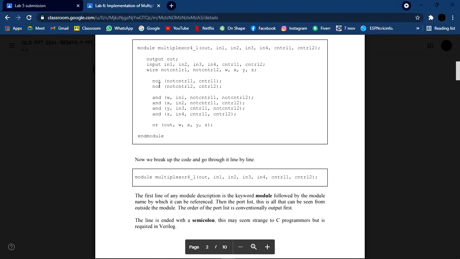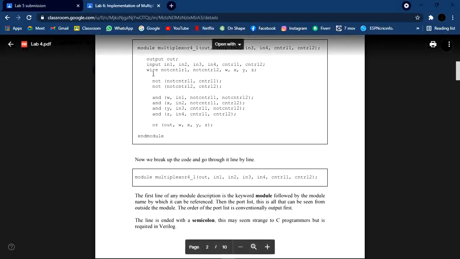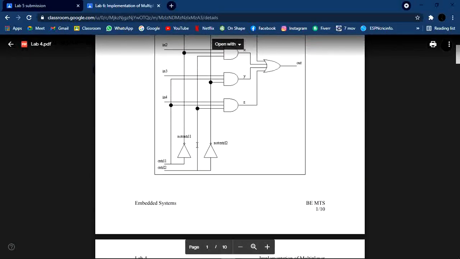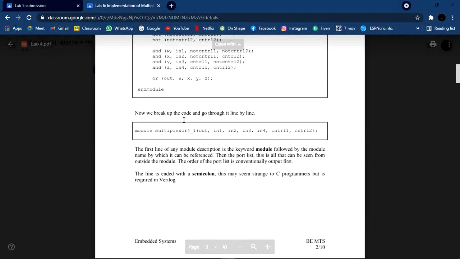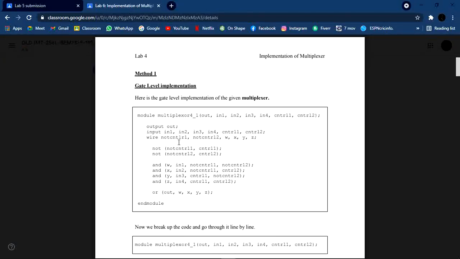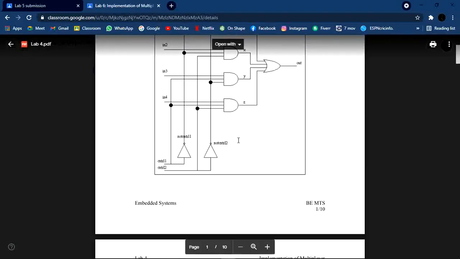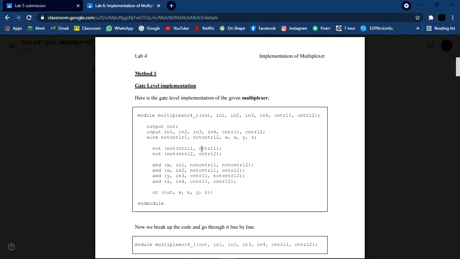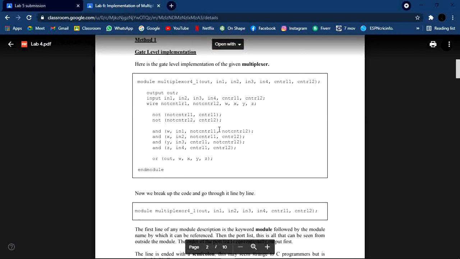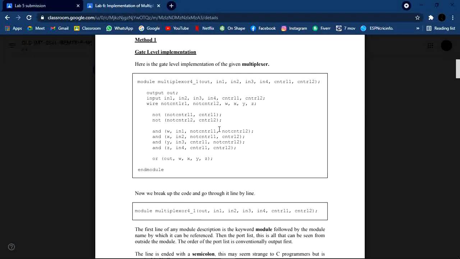After that we perform the operations on not control 1, control 1, not control 2, and control 2, which are these selection lines. Then by implementing AND operations across all the outputs, inputs and selection lines, we get the output after ending the module. We can check its output by implementing it on our Cortex software.